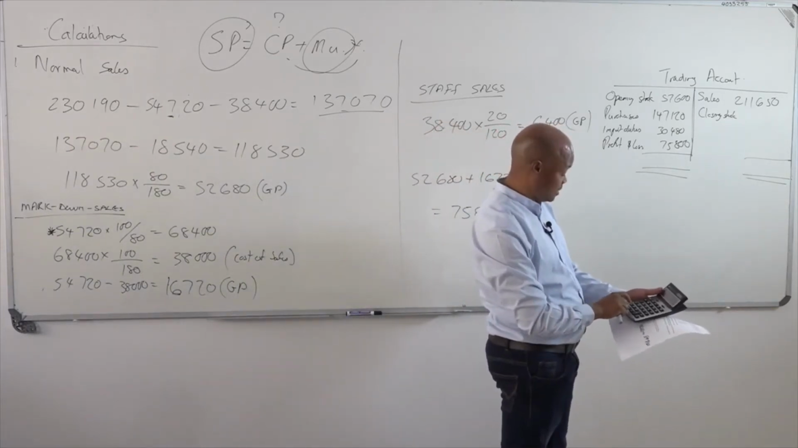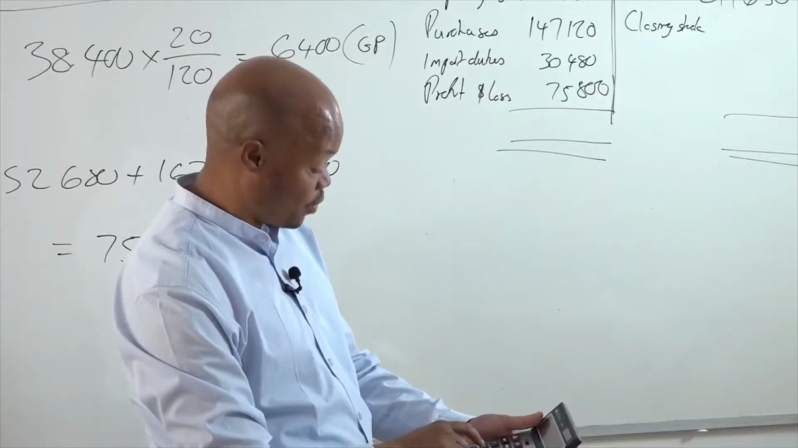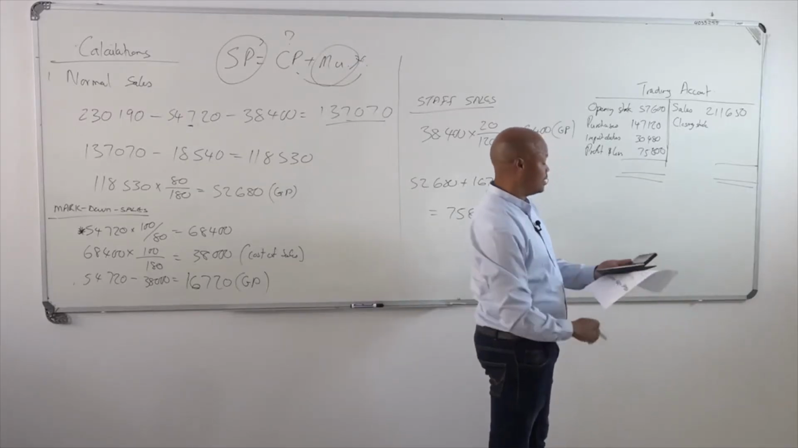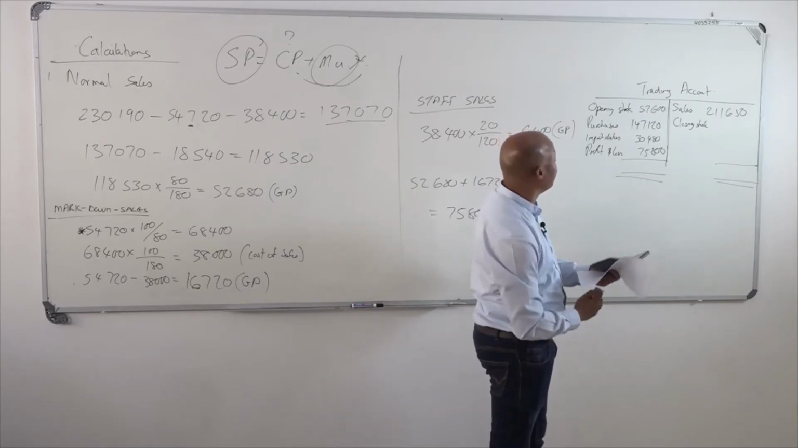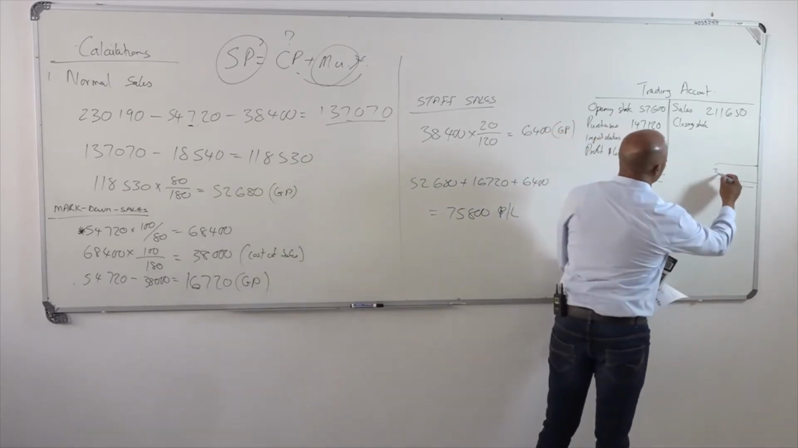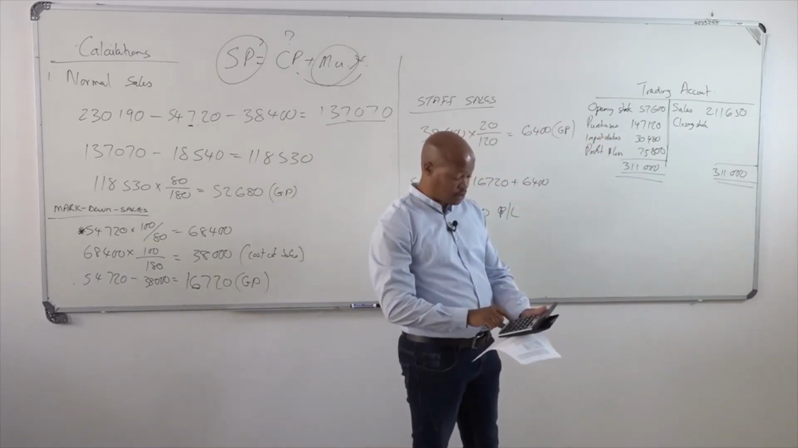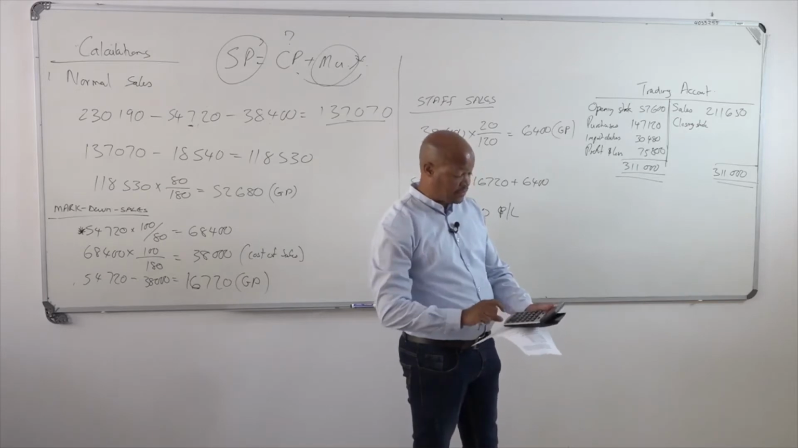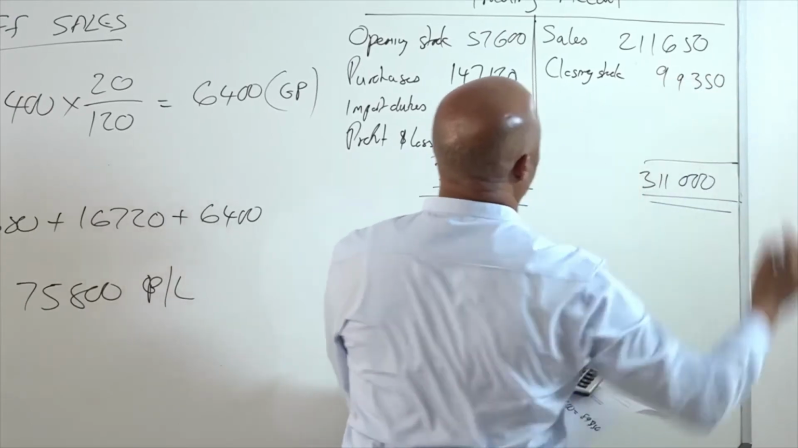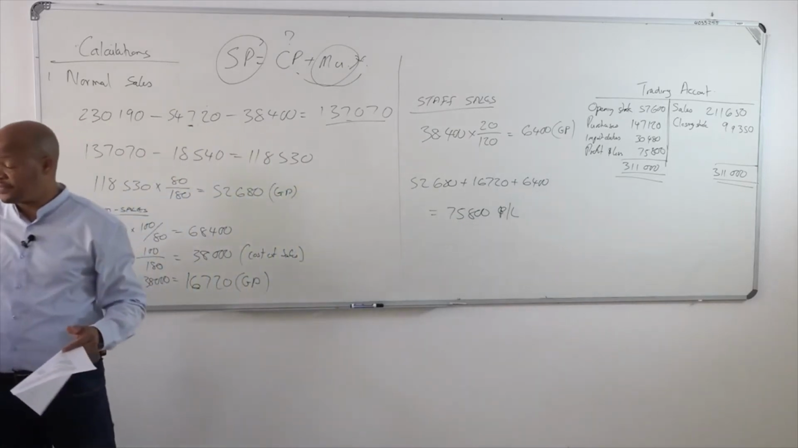57,600 plus 147,120 plus 30,480 plus 75,800. 311,000. 311,000 on the debit side, and also indicated on the credit side. Then we subtract the credit side of 211,650, which gives me now closing stock of 99,350, which means the value of the stock at the point of theft was